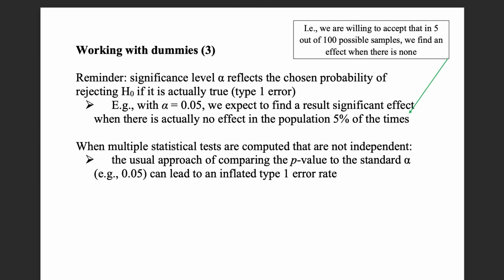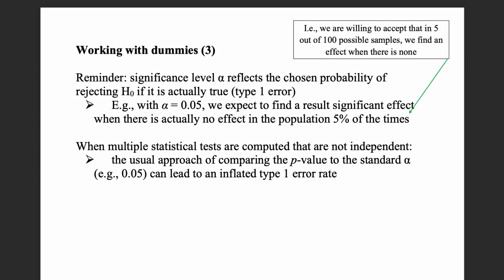Now we have a problem, because this assumes that our statistical tests are independent from each other. But now we have a situation where we have multiple different statistical tests that are not independent. For instance, we have one theoretical hypothesis that we want to test, whether religious people have more trust in parliament or government than non-religious people, but we are creating 3 different dummy variables to distinguish between different religious denominations. Then we actually have 3 statistical tests, the 3 t-tests for each of these regression coefficients,